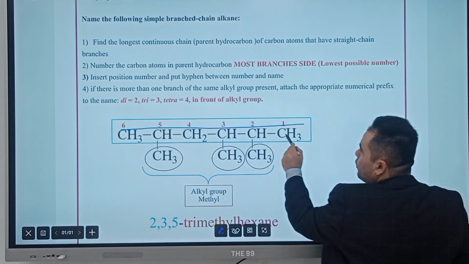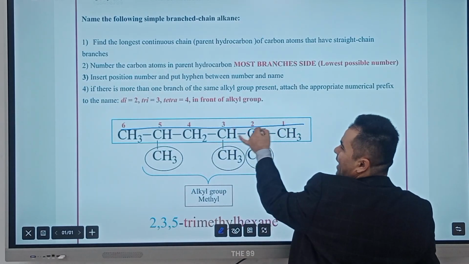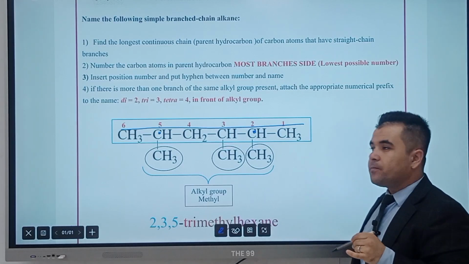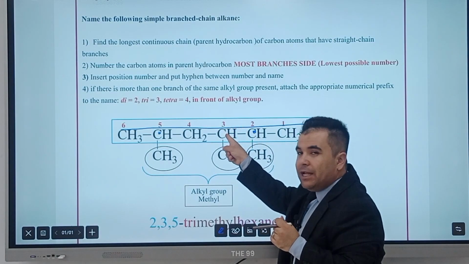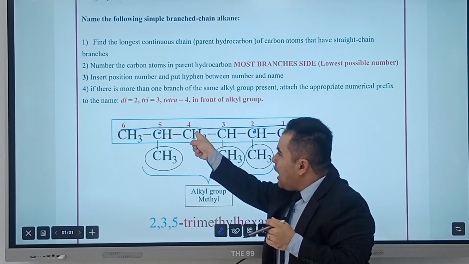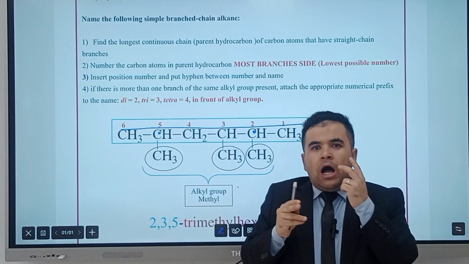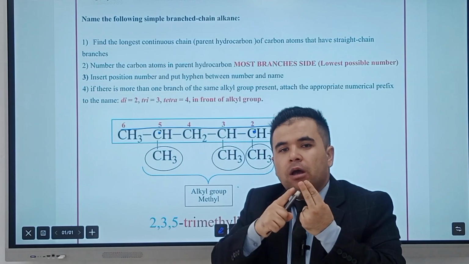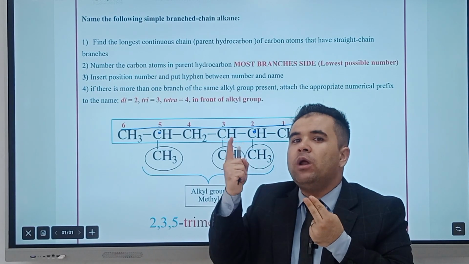From this end, we have got a branch. The second one is the branch, second carbon. From that end, the second carbon is a branch. But after the second, in this ending, we have got another branch. But from that end, we do not have another branch. So guys, in these cases, two branches coming next to each other take the priority over the one branch